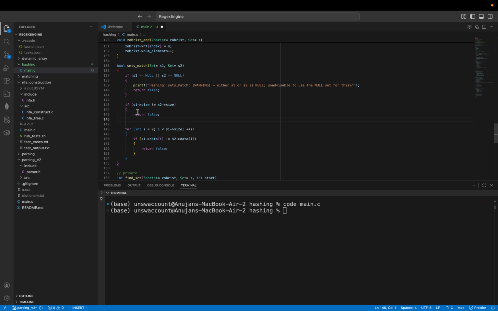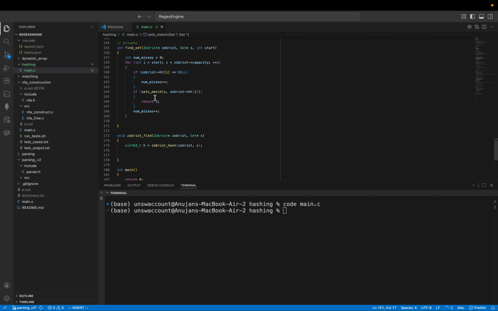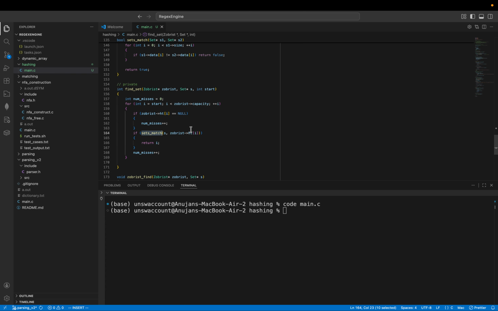Why am I doing not more than one line? This is completely fine. So if the sets match,